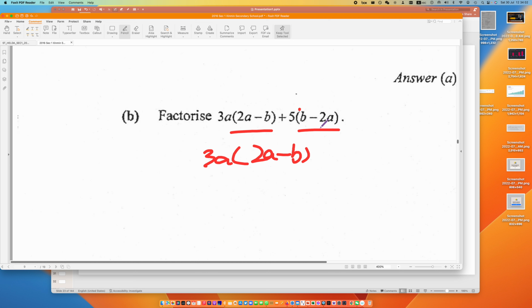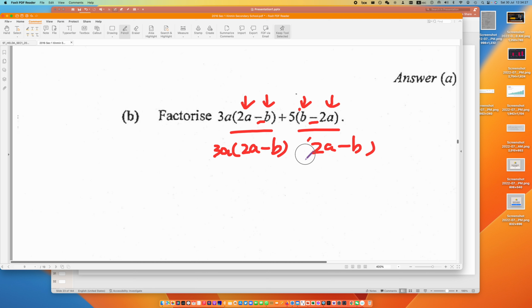Can you see that? Minus sign, minus sign. The only difference is positional. Right? That means the position is different. That's the only difference, right? So if the difference is positional, what you do? You don't need to do anything to the front part. Just switch the position, and then instead of positive 5, get the negative 5 out.